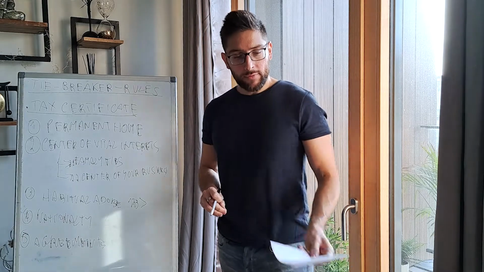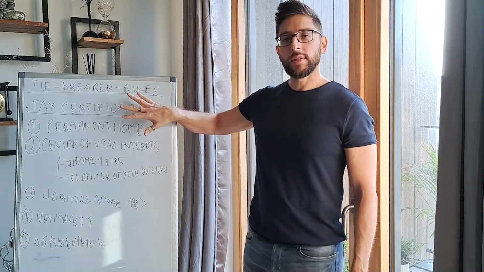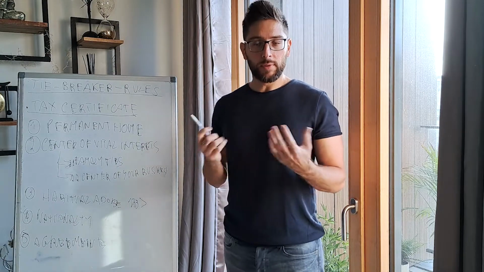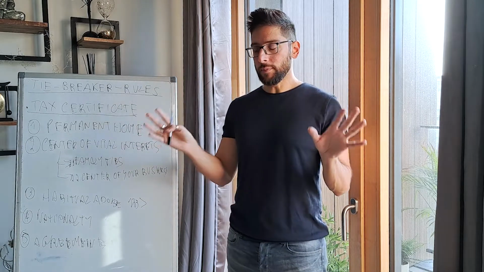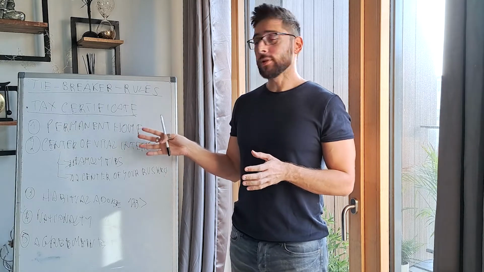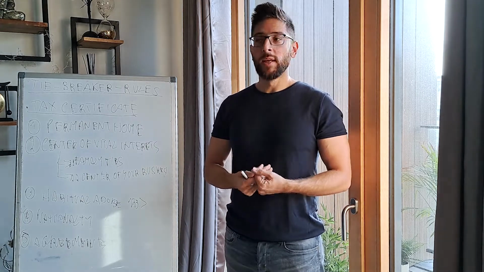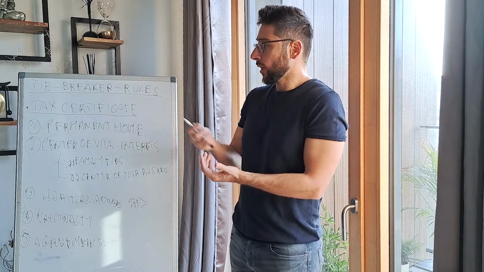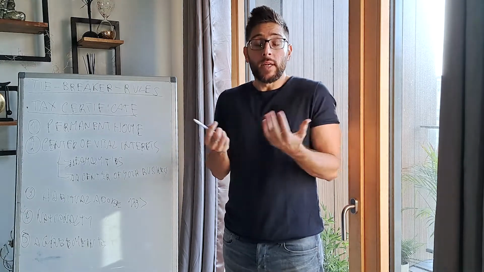Now, if you don't have a way to obtain and present to the tax authority the tax certificate, you cannot invoke the tiebreak rules. The tiebreak rules are something that is written in the convention to avoid double taxation. So if a country considers you tax resident and the other country also considers you tax resident, it means that you can potentially ask for the tax certificate from both countries, then you can invoke the tiebreak rules. But if you don't have a way to provide a tax certificate because you are a perpetual traveler or because you didn't pass enough time to require this document from that country, the tiebreak rules cannot be invoked.